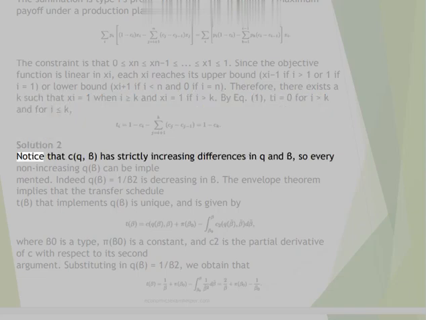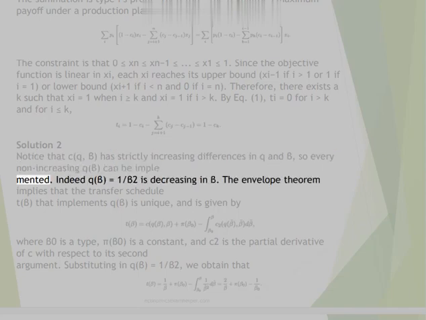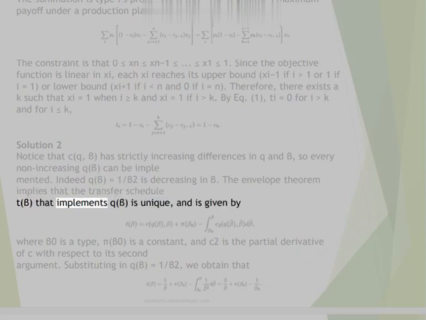Solution 2. Notice that C(Q, beta) has strictly increasing differences in Q and beta, so every non-increasing Q(beta) can be implemented. Indeed, Q(beta) equals 1/beta^2 is decreasing in beta. The envelope theorem implies that the transfer schedule T(beta) that implements Q(beta) is unique and is given by